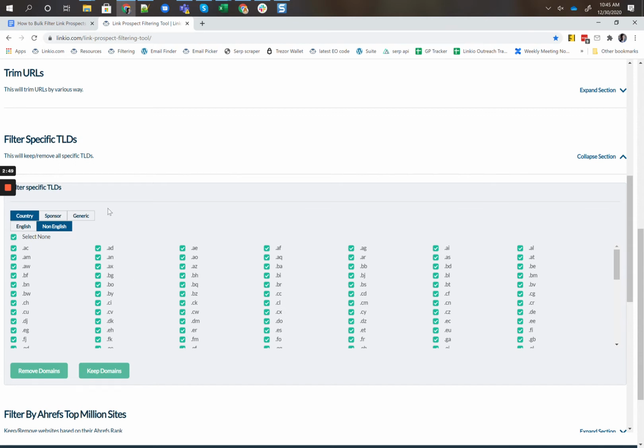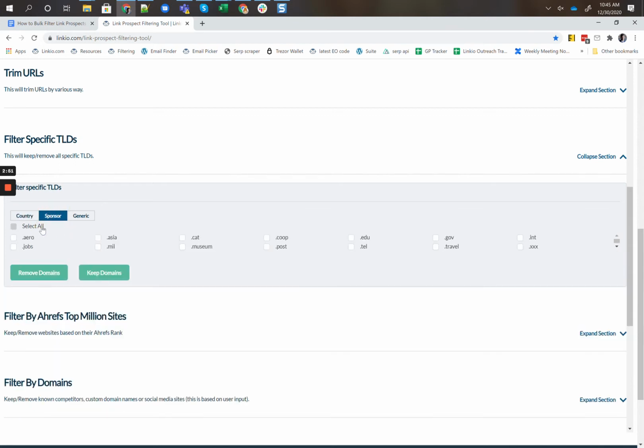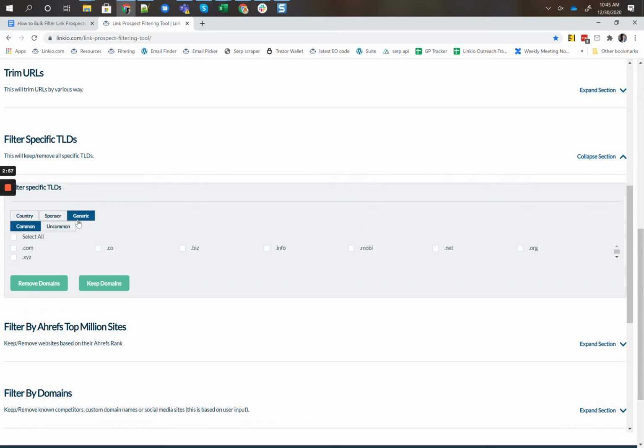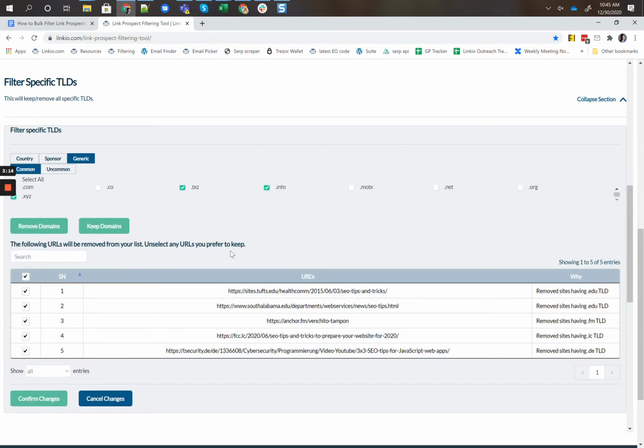And then for sponsor, I select all of these, mostly just to remove the edus and .govs. For generic, I hand select the ones that I want to remove because I think they're lower quality. That's .biz, .info, and .xyz. So now I'm going to click remove domains, and I like to check my results